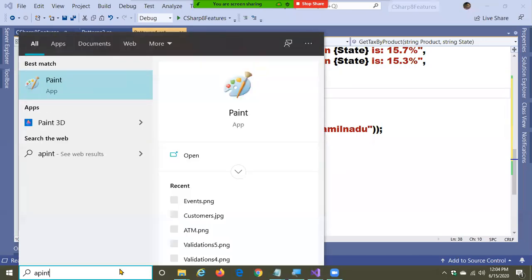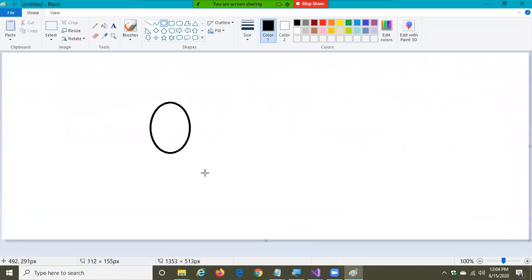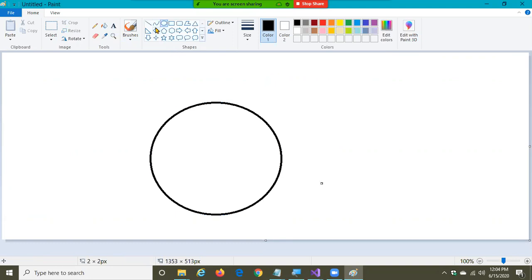Okay, suppose you take a circle. Here, this is the center point, and these are the four quadrants.